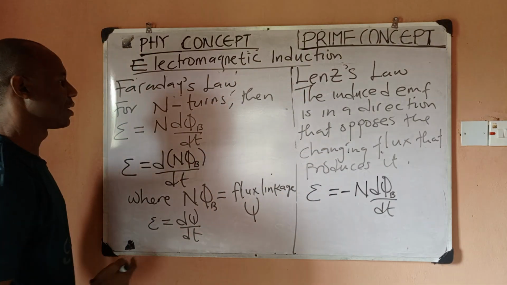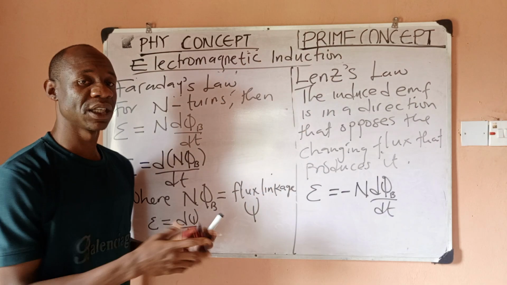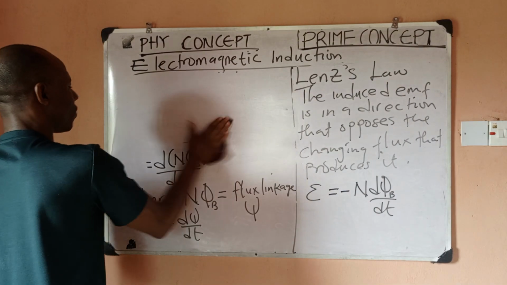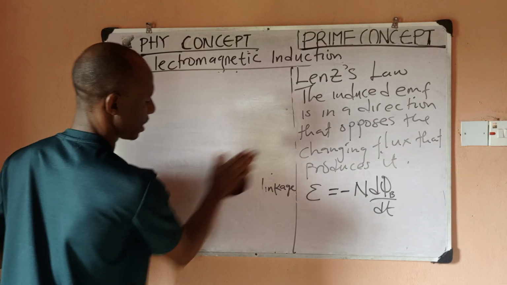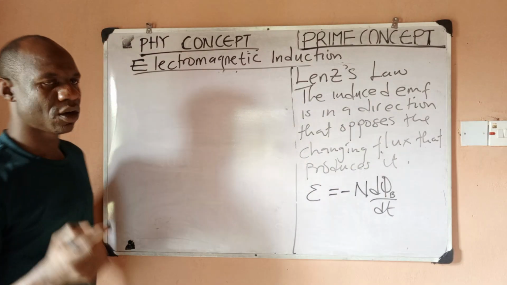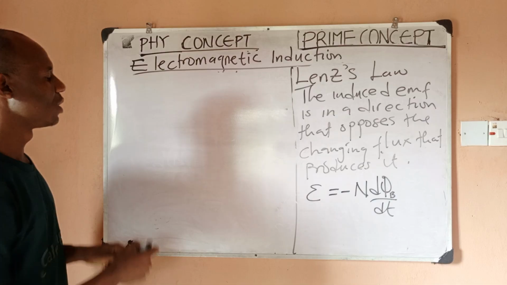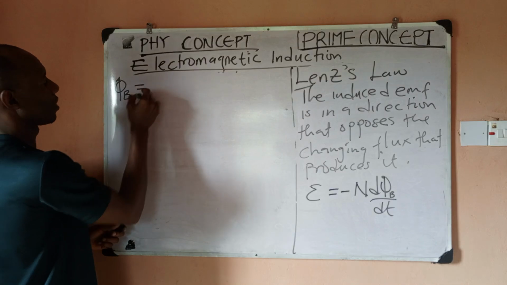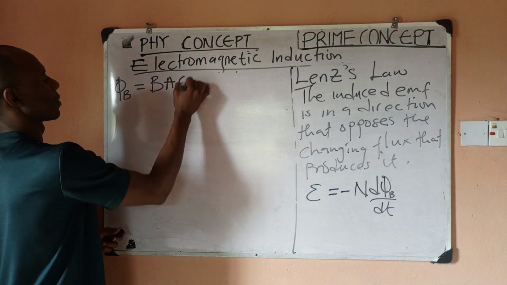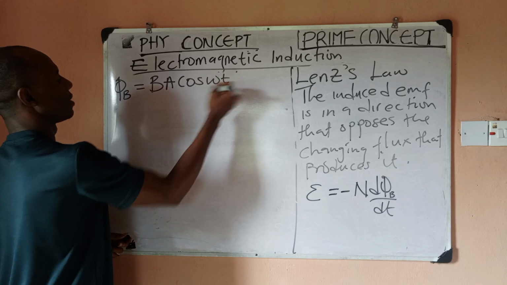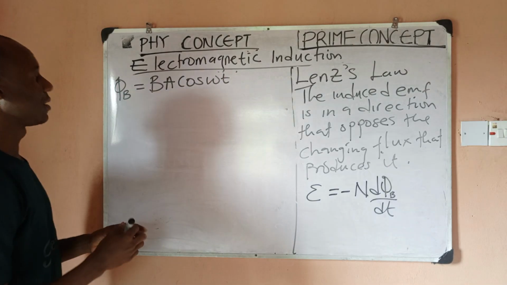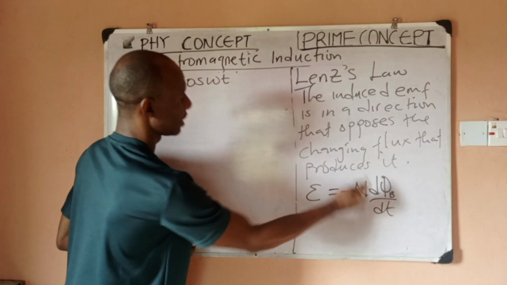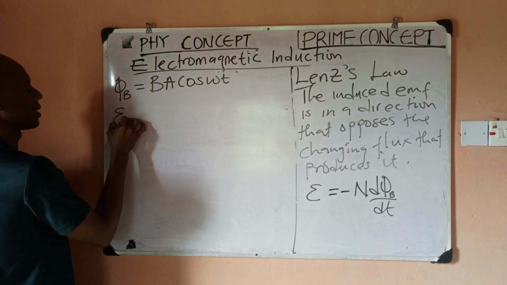So that is Faraday's law, and we're going to see the application of Faraday's law in so many other areas. But quickly, let's look at other forms of Faraday's law that are important to us. Now, if you recall from magnetism, we know that magnetic flux is actually BA cos omega t, or you can say cos theta, and theta is omega t. This is magnetic flux. So if I introduce this into Faraday's law, I can quickly see that the EMF